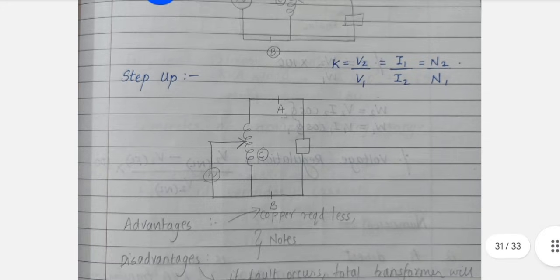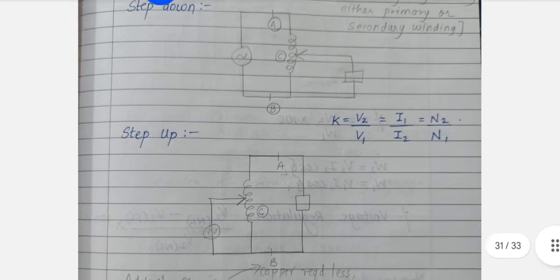And for a step up transformer, when the secondary voltage is taken from a tap on the winding above the primary voltage tap, it results in a step up transformer. This configuration increases the output voltage compared to the input voltage. So in both cases, the auto transformer's single winding plays a dual role, providing a simpler and more compact solution for voltage transformation compared to traditional two winding transformers.